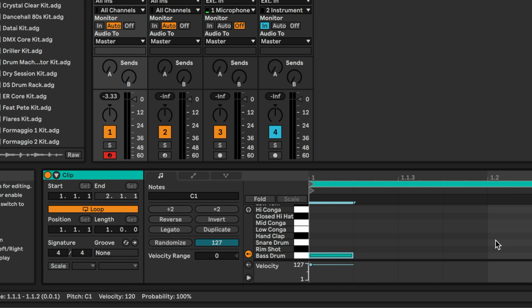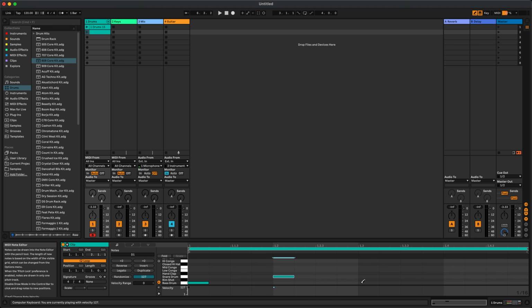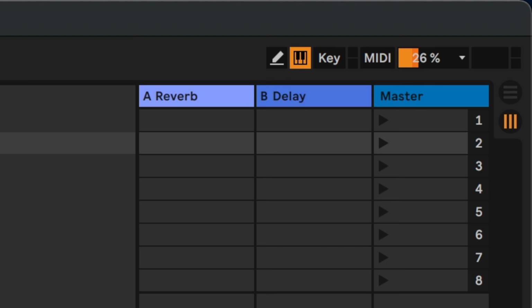In this view, I can now click in my pattern, or draw it in by hitting B, which is the shortcut for the pencil icon in the top right corner of Ableton Live. Okay, this is all really simple stuff, but I promise we can make it more musically interesting again. By pre-making our clips, we were able to set the clips up with the exact parameters that we want, such